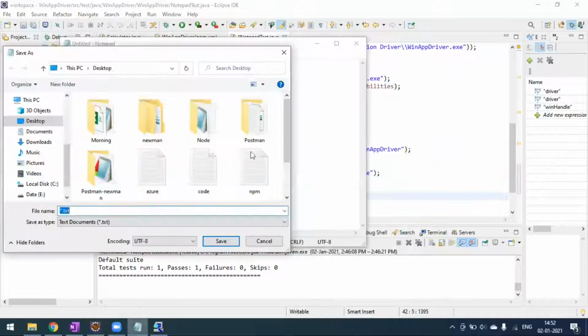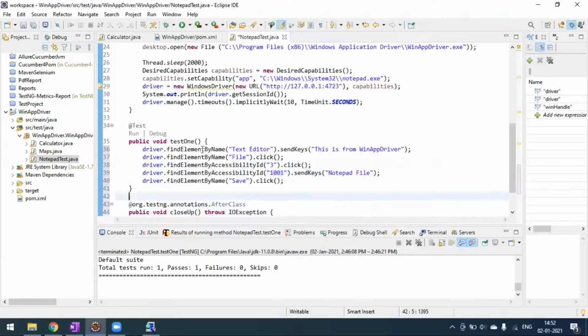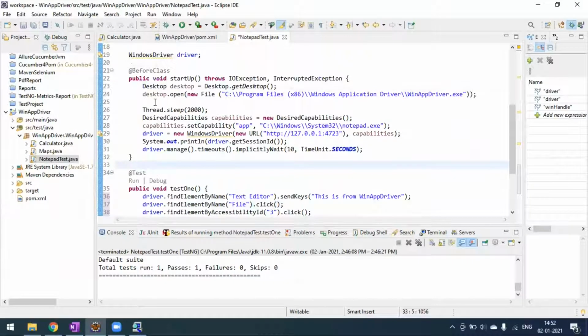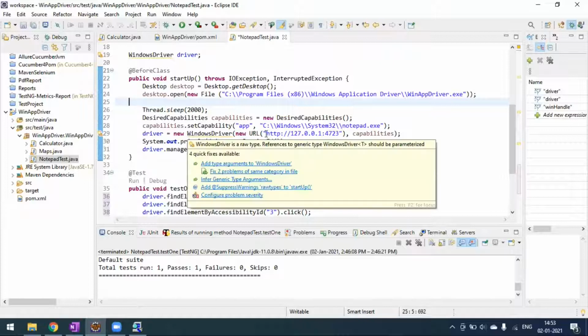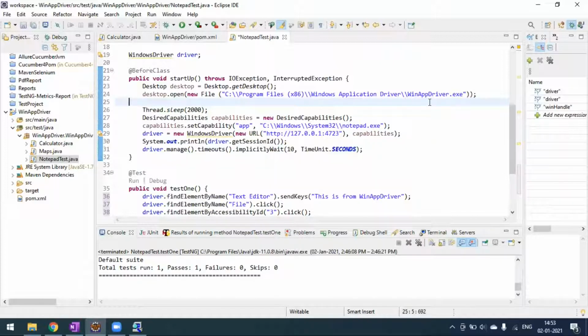Okay, so I will close the window now. Let's try to run this case and see. Before class, what we are doing is launching the WinAppDriver exe automatically by using this desktop option. After that, by using this desired capability, we are starting our Notepad exe application. After that, we are connecting to the WinAppDriver server. I mean, we are creating one session in the Windows driver, and we are hosting the server to WinAppDriver